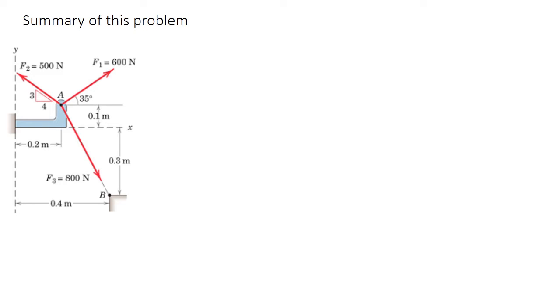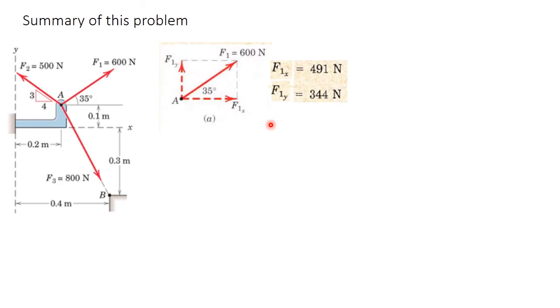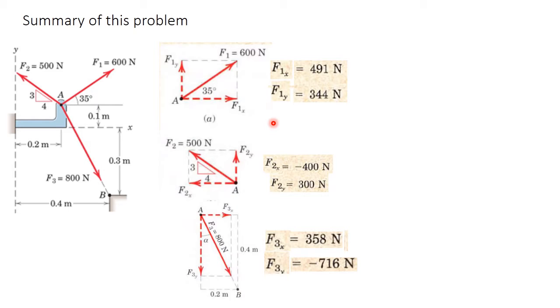This problem we already discussed, how to find the components of these forces: 600 Newton, 500 Newton and this 800 Newton. These are the results we got in the last class. Just remember that each force has two components, one along the horizontal axis and another along the vertical axis. One will be the cos component and the other will be the sine component; the angle to whichever axis is given gives the cos component, and the other is the sine component, as we have discussed.